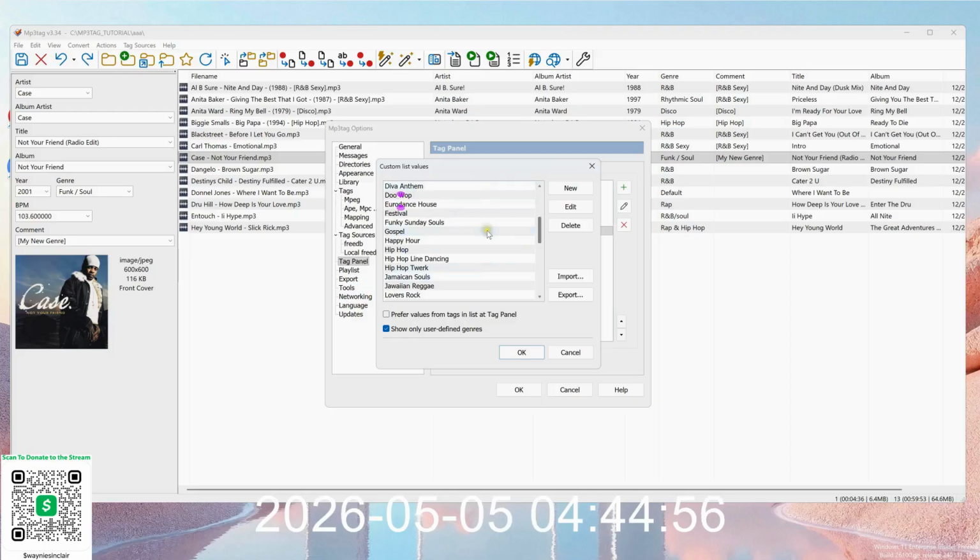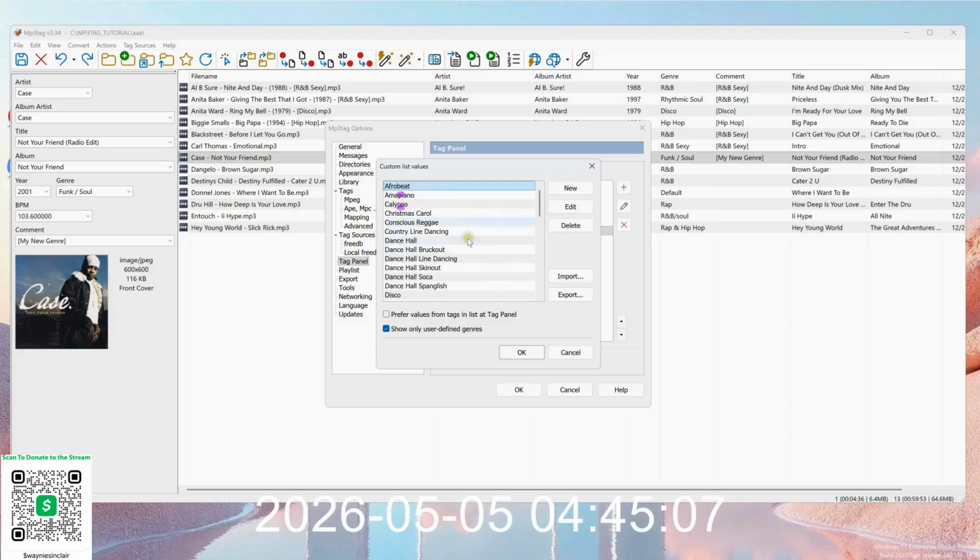Copy all the genres that you get from Google, paste it into Notepad. All right. And then you go and save it somewhere. You don't even have to call it genre, right? But let's say you created that one. Now you can import that list that you just created into